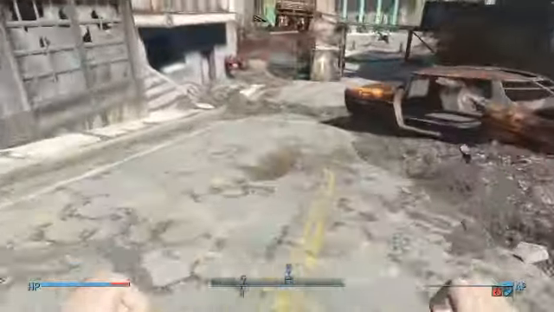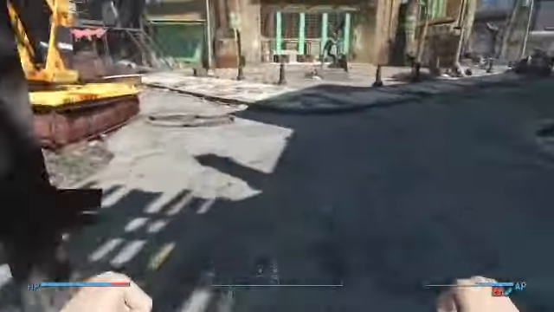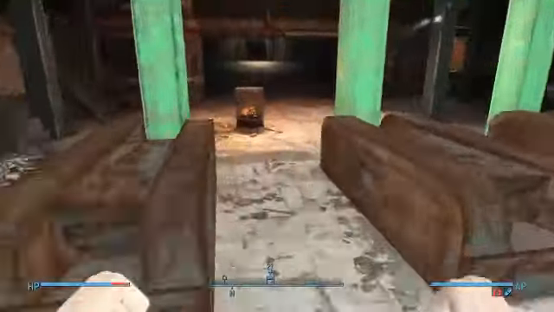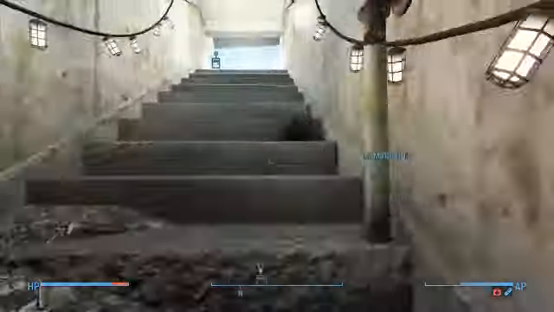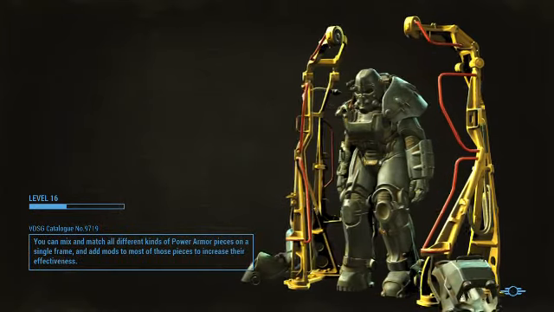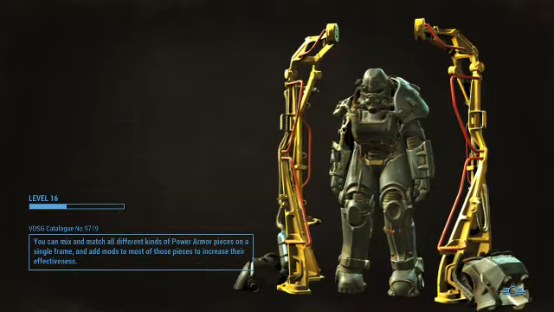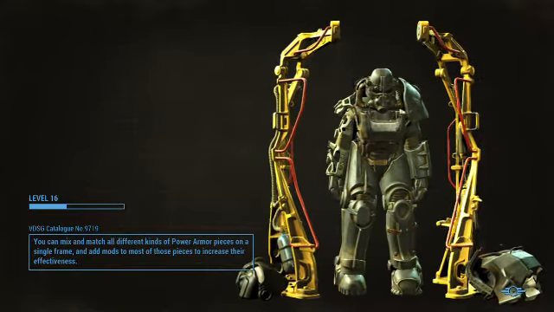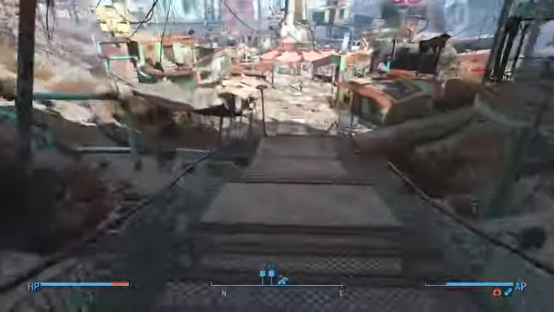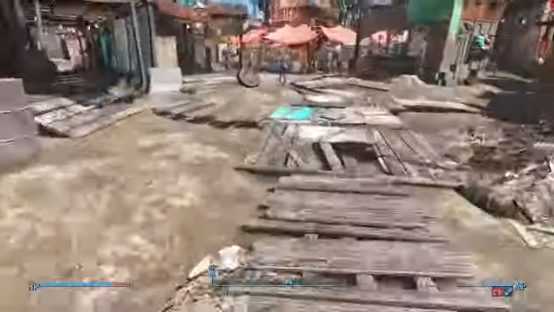Then I saved again, and I went up to actually enter into the Institute. I successfully went through most of it, and because of my high charisma, I was able to get all the speech checks from Father. But then, right in the last room with enemies, with the legendary guy that has a missile launcher,